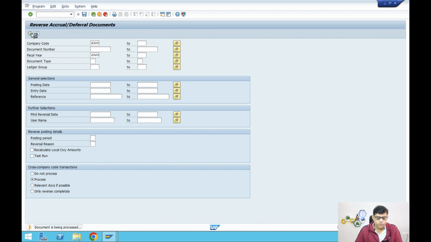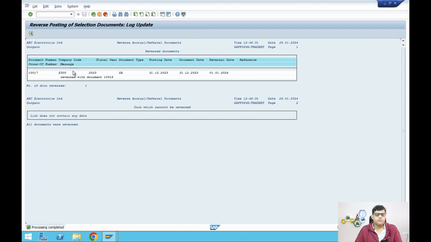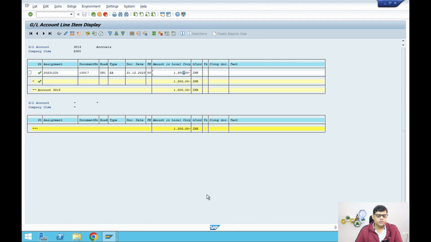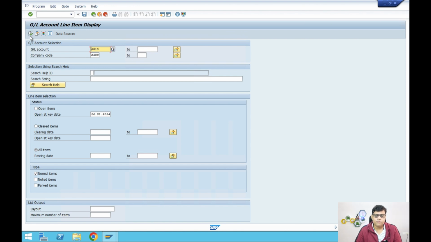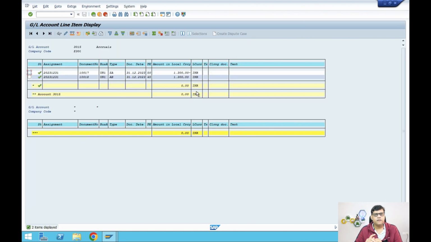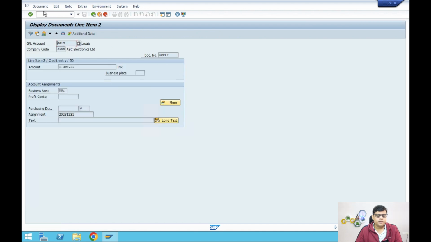Processing completed. Now if you check your accrual document, accrual GL, this should be reversed. Check it. Now it's 0. So the accrual entry was posted and it is reversed. So now what is your actual entry? Your expenditure entry. Let's check that one also. 4018.